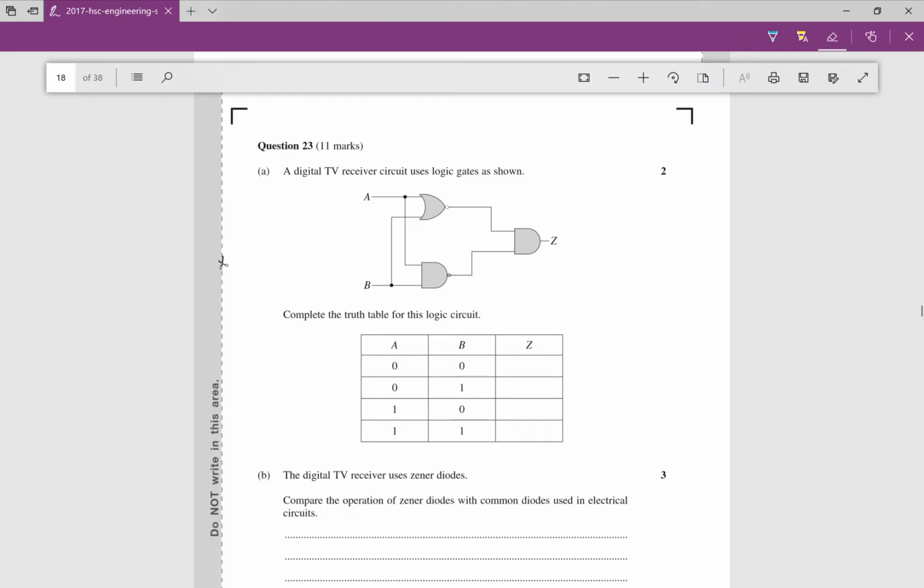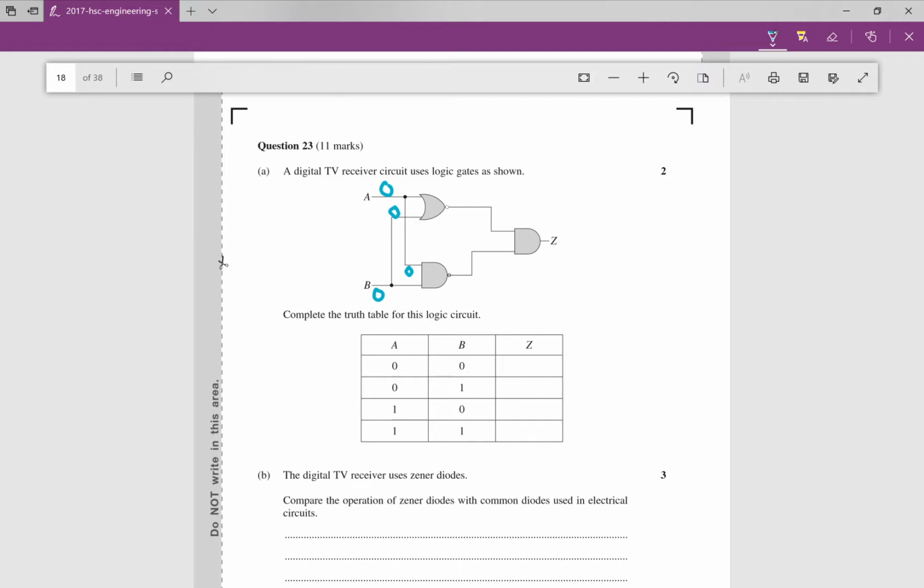A is 0, B is 0. So we can grab our pencil and write a 0 there and a 0 there, and that 0 is also going to travel up to this NOR gate and give us a 0 there, and this 0 will travel down to this NAND gate and give us a 0. And these two gates, the